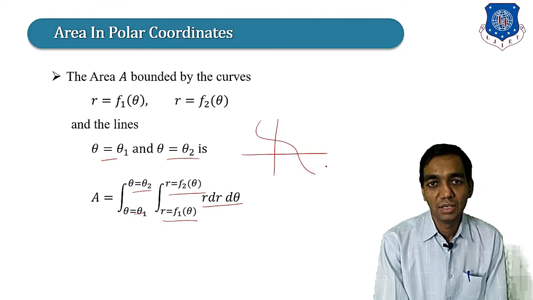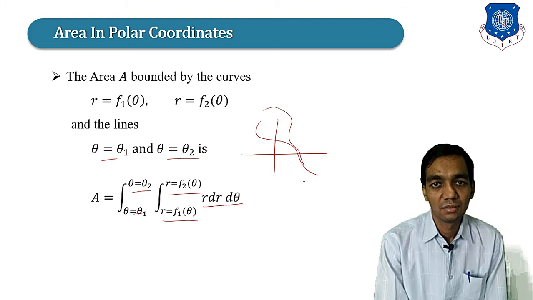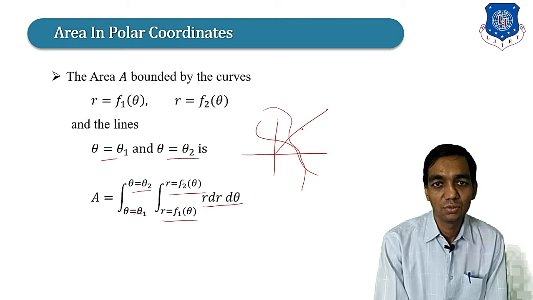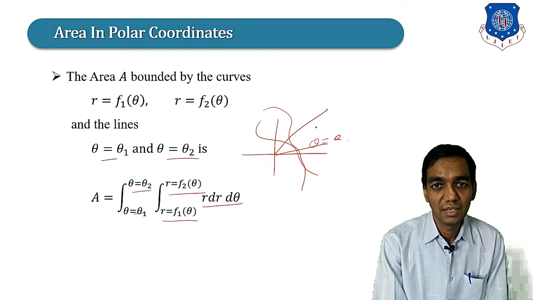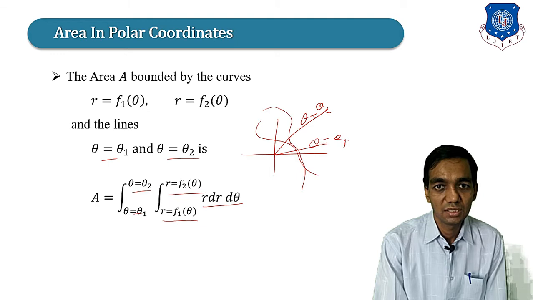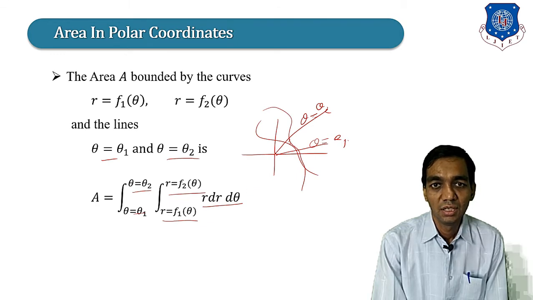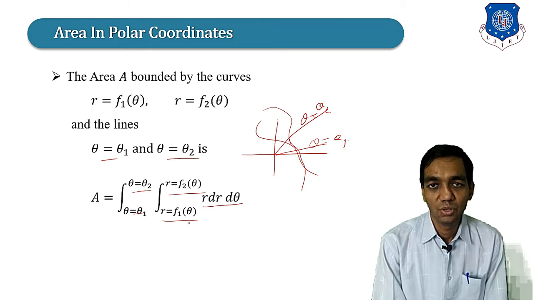Now suppose you have two polar curves like this, and you have to find the area between these two curves, in between the two lines theta = theta1 and theta = theta2. This is the line theta = theta1, and this line is theta = theta2. If you are finding the area between these two, then this is the small area which we have taken, and this area is given by this formula. Okay,